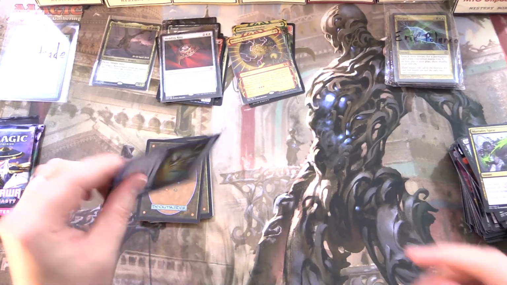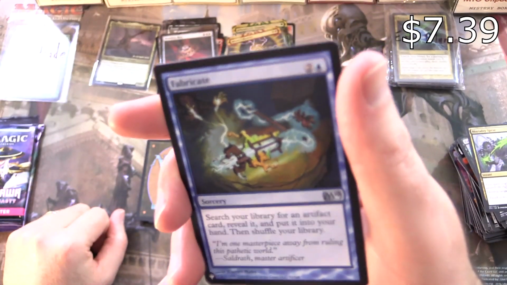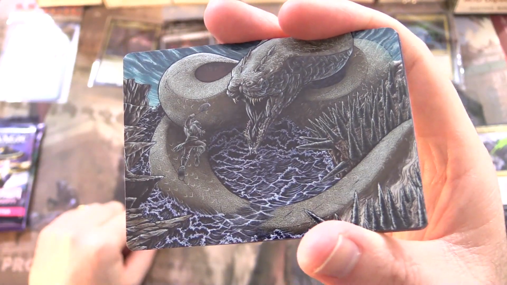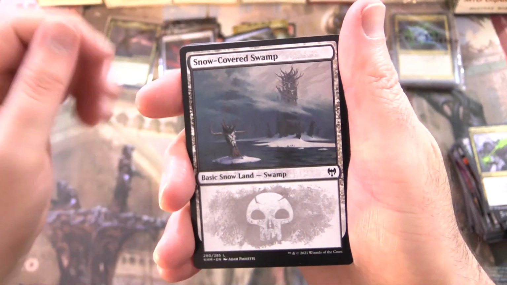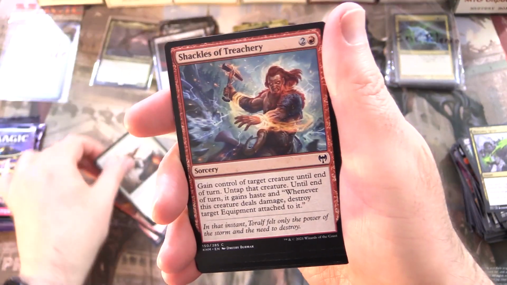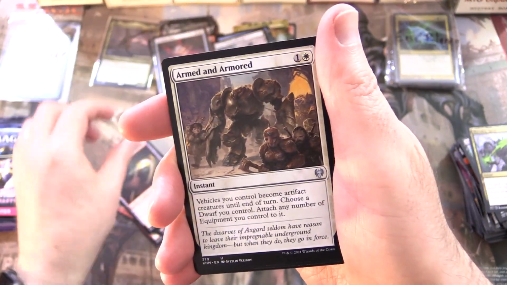And this is another list pull. Awesome. So we have Fabricate from, what is that, M10. Been a while since we've opened any M10. And we have a, what's his name again? The Cosmos Serpent. Yes. Awesome card, that one, by the way. Snow-Covered Swamp. We've got Axgard Cavalry, Dwarven Reinforcements, Goldmoor Champion, Shackles of Treachery, Bound in Gold, Bearded Axe, Armed and